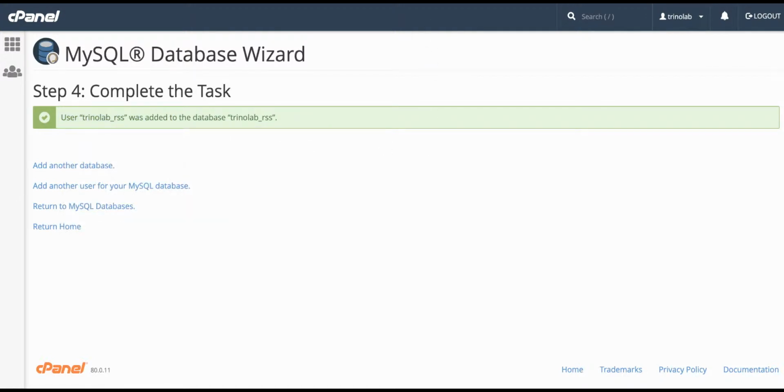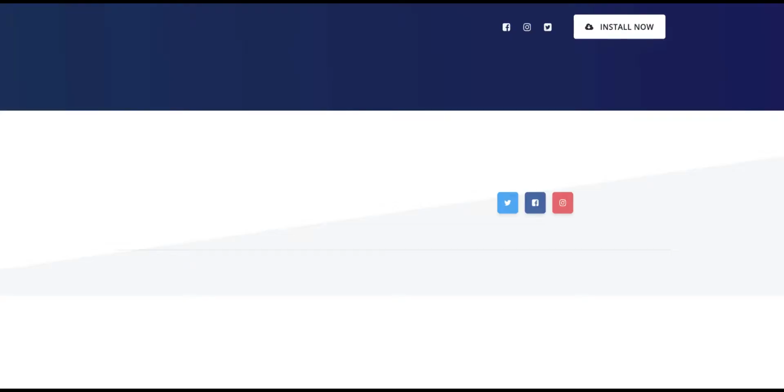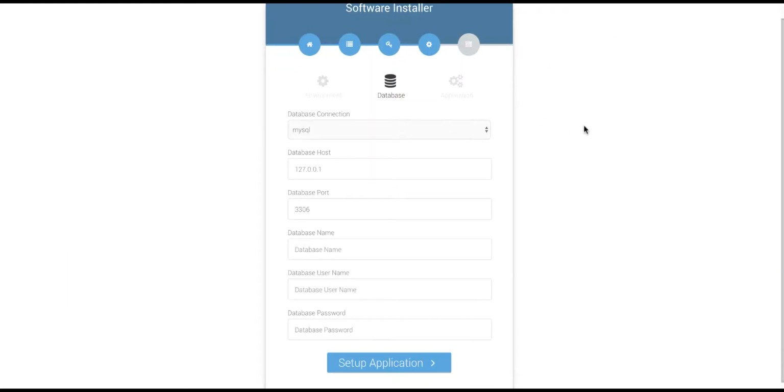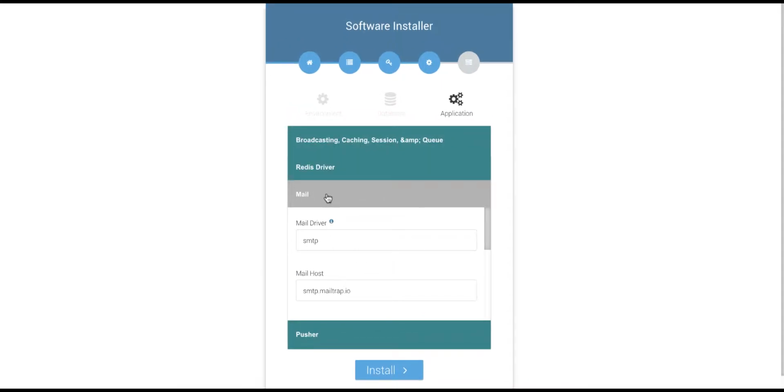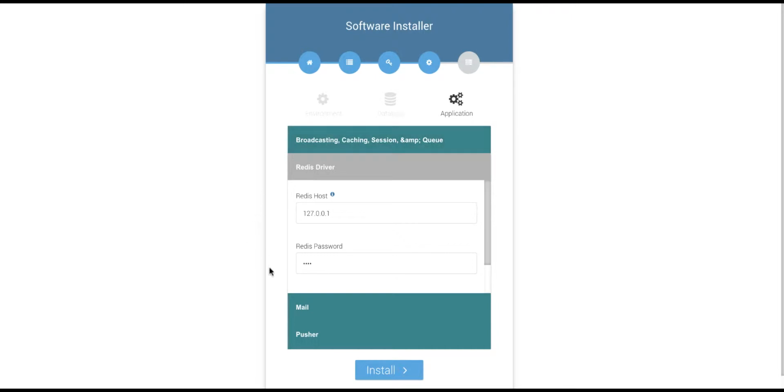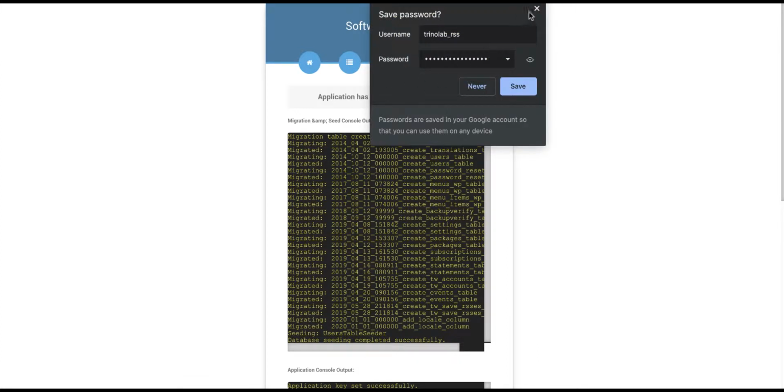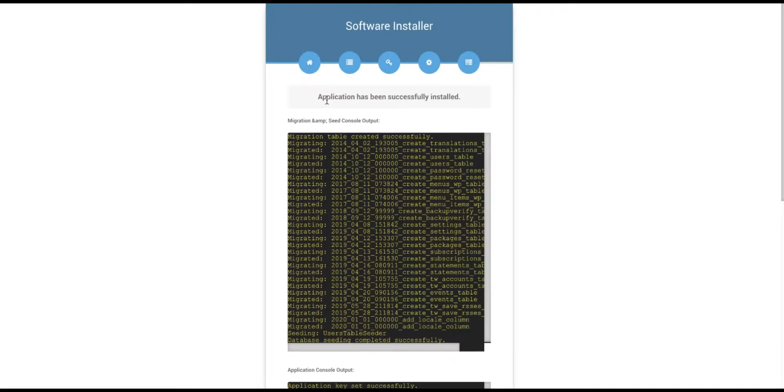So put this database name and username, put your database name, username, and the database password. Then set up application. If you use mail, you can configure it here, but now we don't need this, so we are going to skip this part. Next, install. If your application installs successfully, then you will see something like this: application has been successfully installed